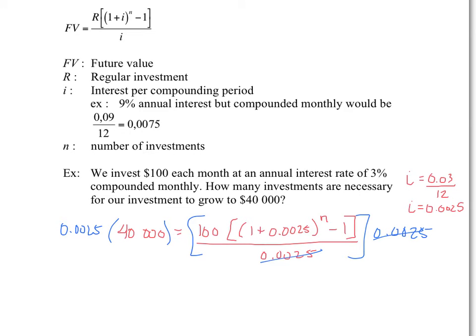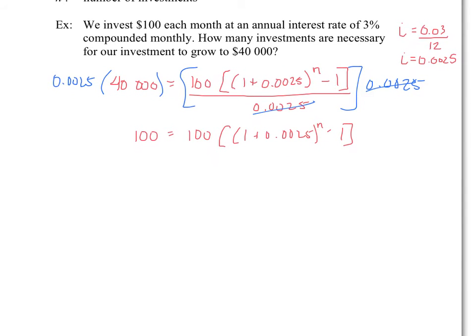So then what we get is we get 100 equals to 100 bracket 1 plus 0.0025. Maybe I'll simplify that next time. Minus 1. Okay, again, divide by 100 each side. I want to isolate for n here still. So divide by 100, divide by 100. Okay, so what we get is 1 equals to,